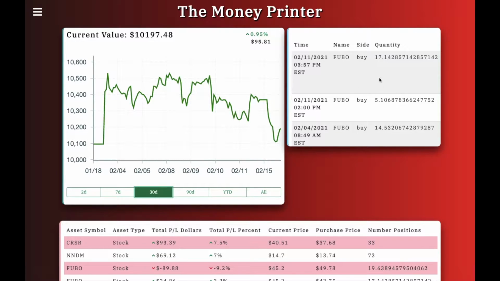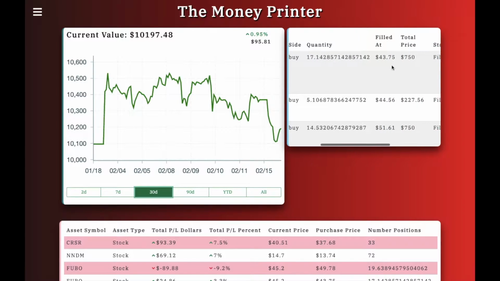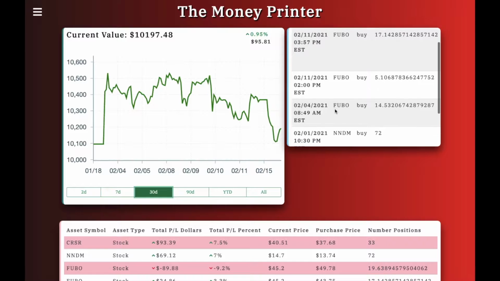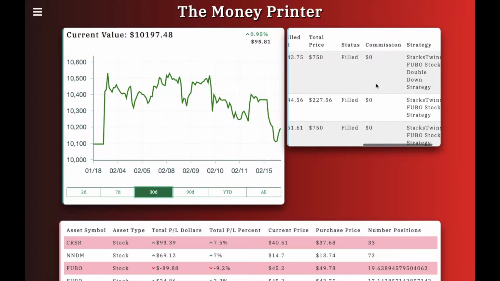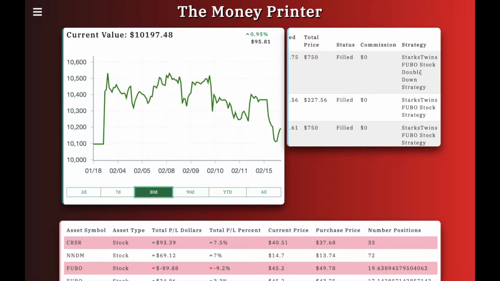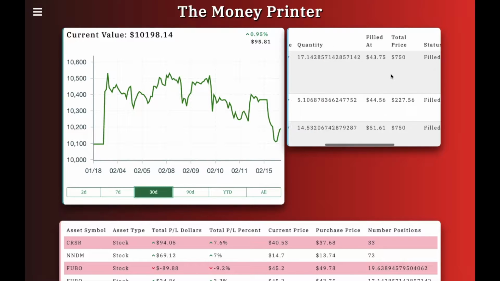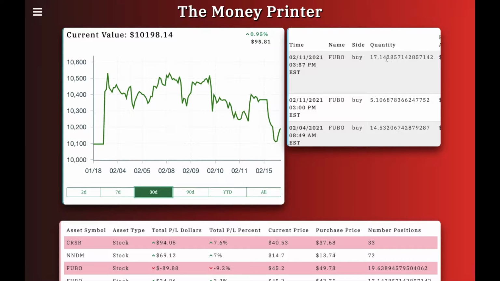On the right-hand side, you can see the transaction history, and the transaction history is sorted by the last executed order. If we scroll to the right at the transaction history, we can see what strategy executed this buy. Austin is going to go in much greater detail on what exactly is a strategy, what exactly is a portfolio, and how a strategy and portfolio differ. But essentially, a portfolio is just a collection of similar strategies, and the Starks Twins Fubo stock double down strategy was the one strategy that executed the buy of 17.14 shares of Fubo at